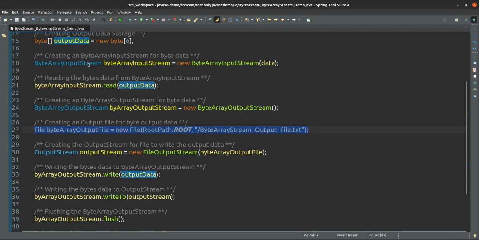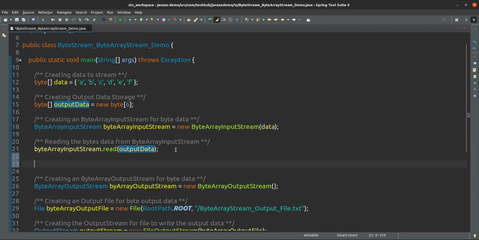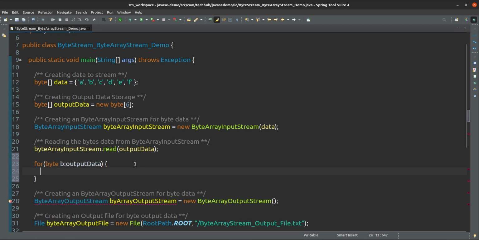we have created one file, because suppose now this data came into this array. If you print this here, byte b, you will see this data came here, sorry, output data. But we have to write this data to some file also, so that we can see the result.